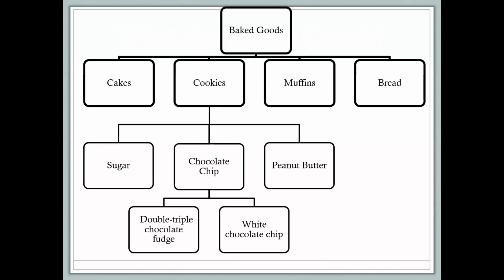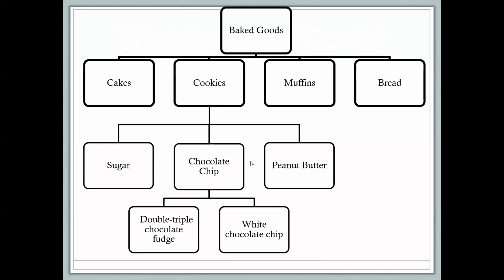and so on. So notice, no matter how many subdivisions we create, if this is a family tree, everything ultimately comes from a baked good. If you look right here, we see baked goods, and you can see this little tiny line, and it splits into cakes, cookies, muffins, and bread. Well, this single little line right here under baked goods represents all of the things that cakes, cookies, muffins, and bread